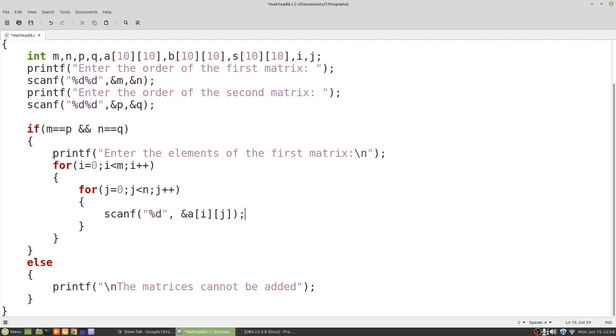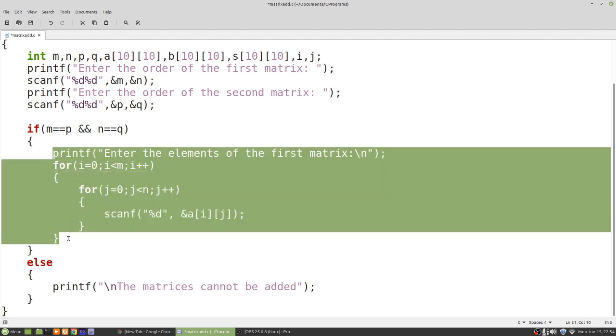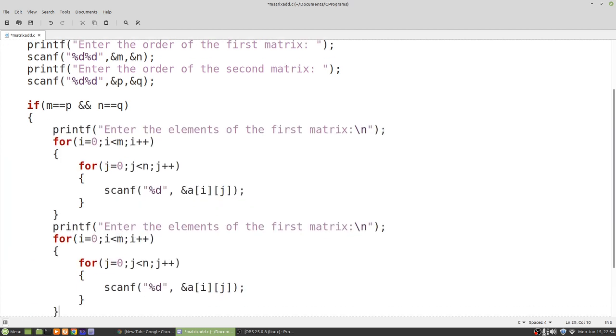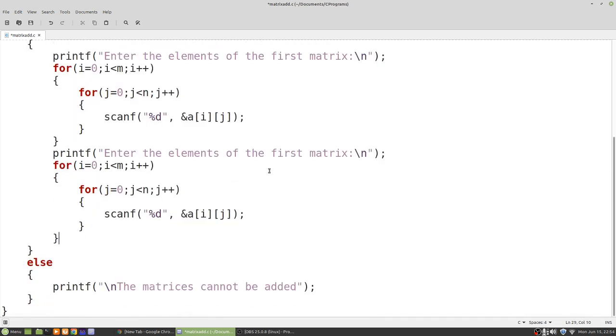Next we need to do the same thing for b also. Either we can do it in the same for loop or else we can put it in a separate group. To copy this line, instead of enter the elements of the first matrix we will put enter the elements of the second matrix.